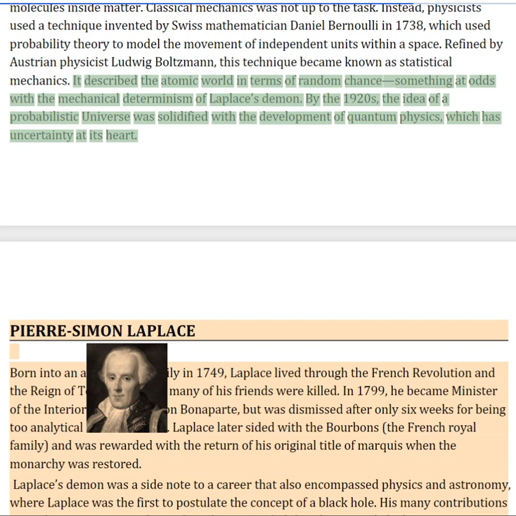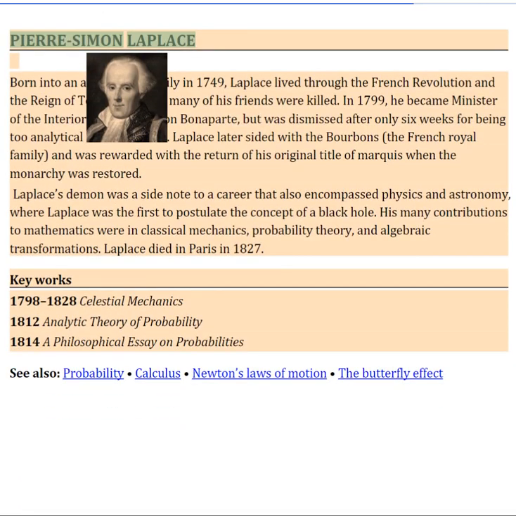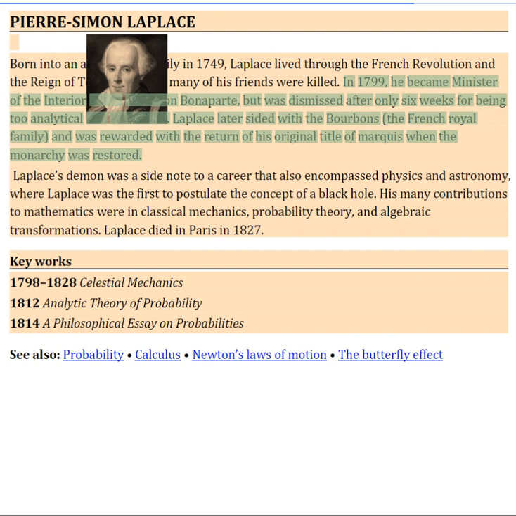By the 1920s, the idea of a probabilistic universe was solidified with the development of quantum physics, which has uncertainty at its heart. Pierre-Simon Laplace. Born into an aristocratic family in 1749, Laplace lived through the French Revolution and the Reign of Terror, in which many of his friends were killed. In 1799, he became Minister of the Interior under Napoleon Bonaparte, but was dismissed after only